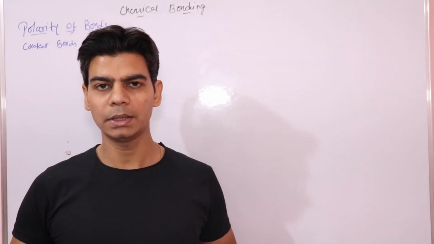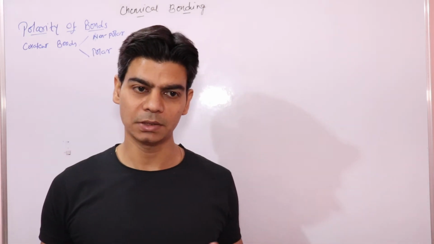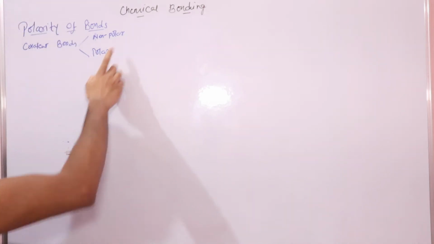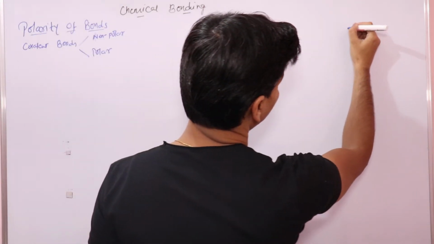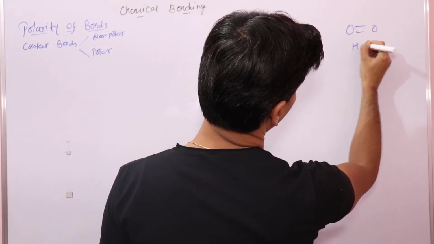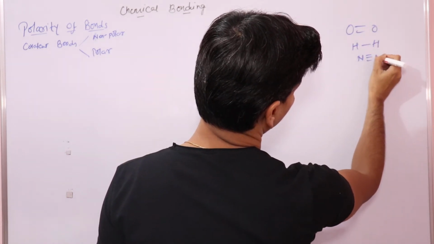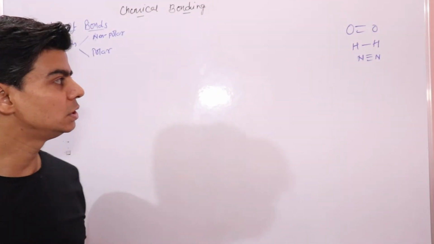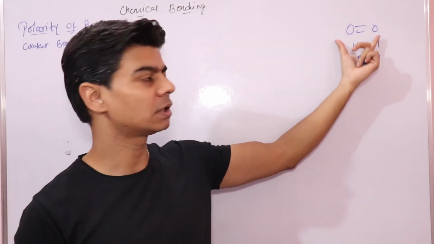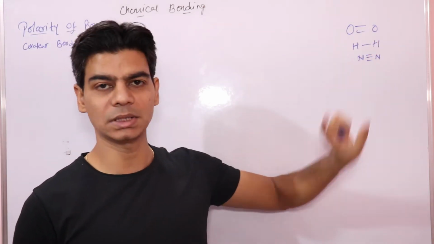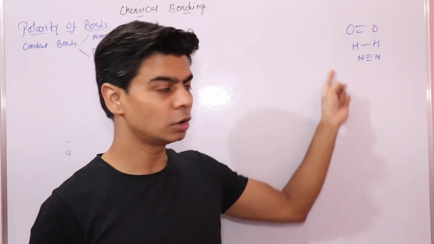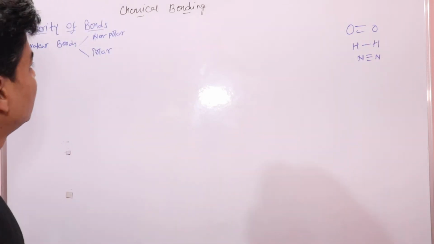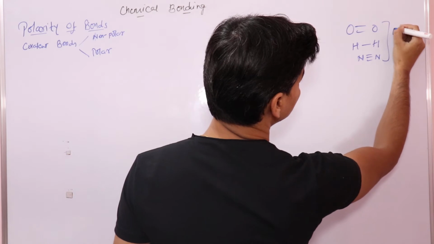When we talk about polarity, we are talking about charges, right? Positive and negative charges, right? But till the previous video lecture, we took examples of molecules like oxygen, hydrogen, nitrogen, right? And we saw that all these molecules of oxygen, nitrogen, hydrogen do not have any charge separation, right? They do not possess any charges. So these types of molecules that do not possess any charges are known as non-polar molecules,